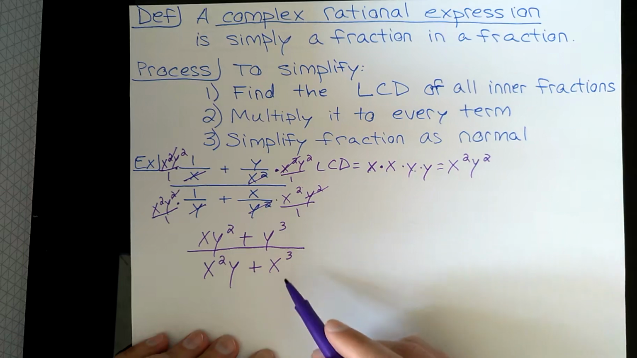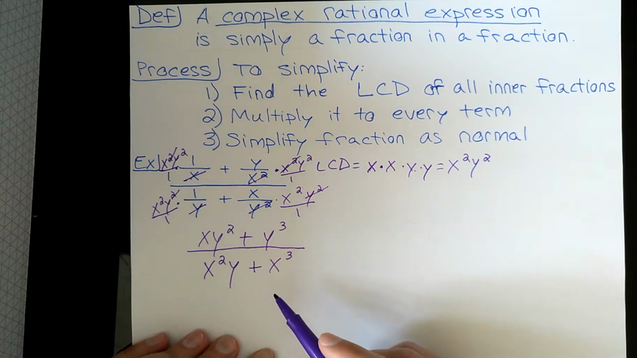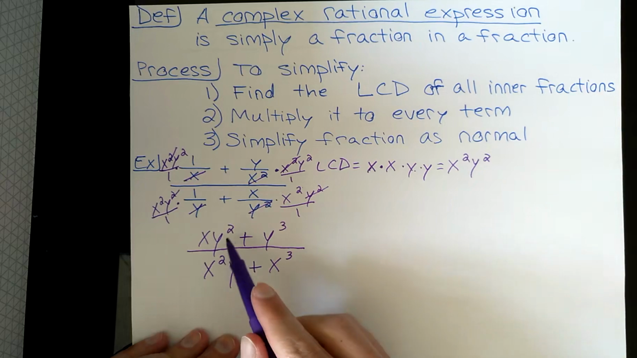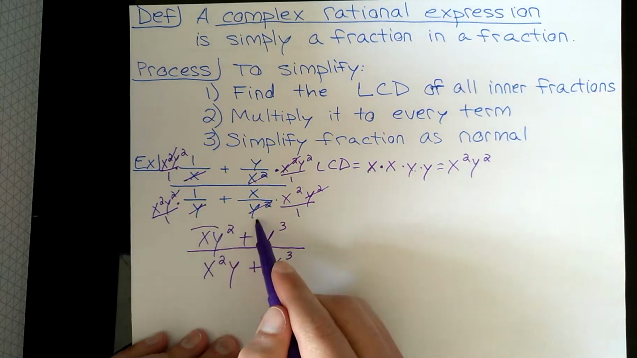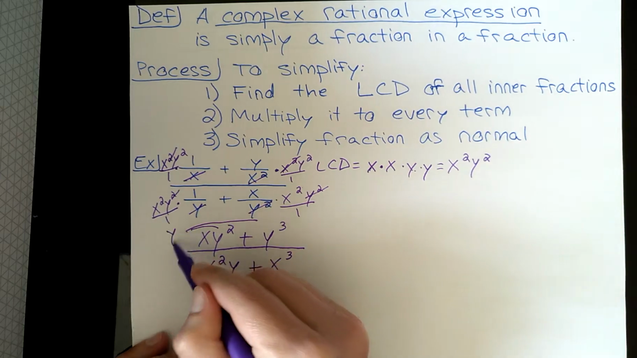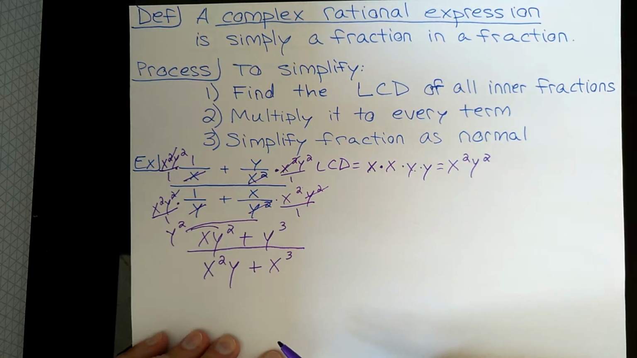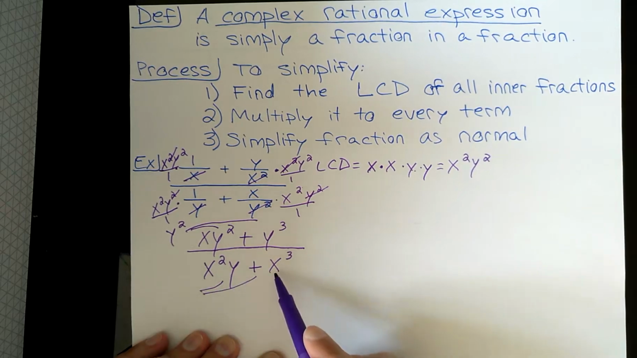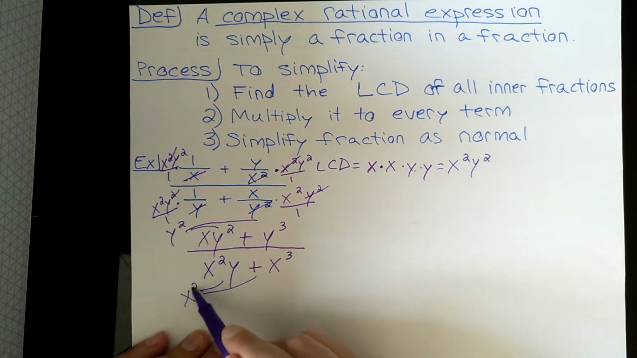And now it is no longer a complex rational expression. It's just a rational expression, just a normal fraction. So we just factor and cancel the common terms. In the top, in the numerator, we have a common y squared between our terms. We will factor that out. In the denominator, we have a common x squared between our terms. We will factor that out,